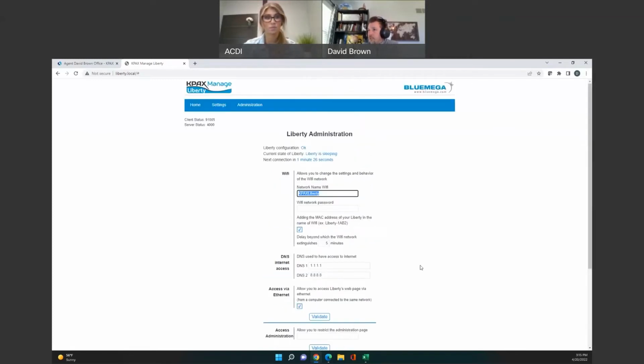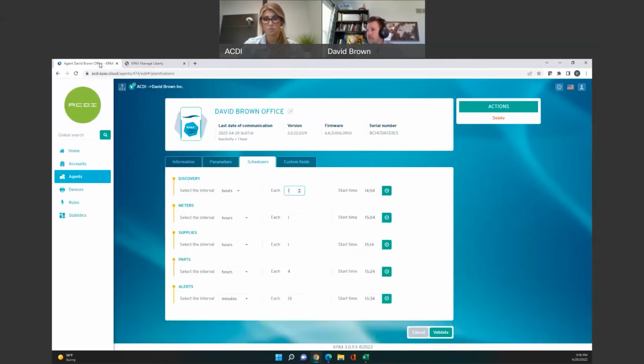So some really nice built-in features that can be added. So that's a look at the Kpax menu. So Summer, let me know if we have any other questions on the Kpax menu. Otherwise, I'm going to go back into the Kpax software interface